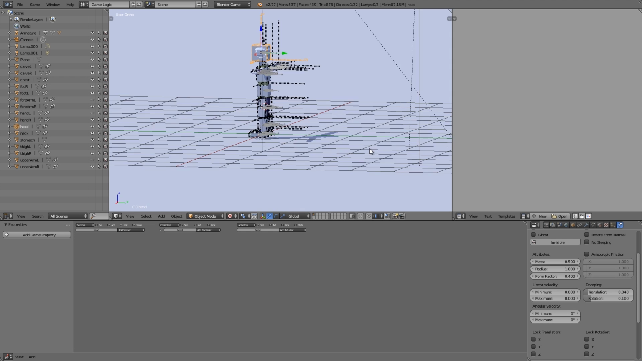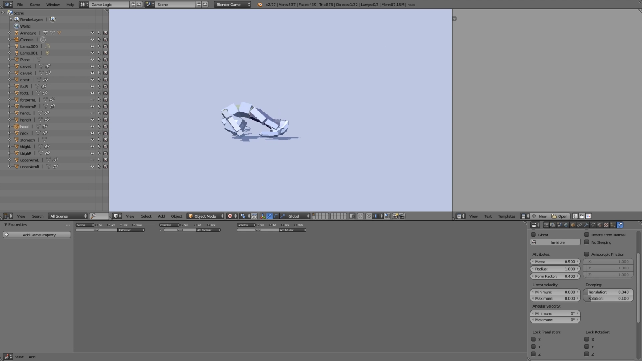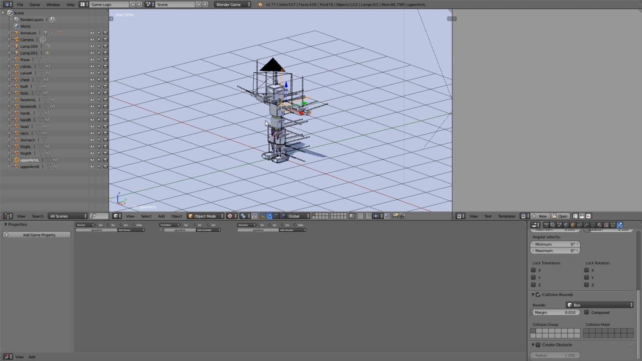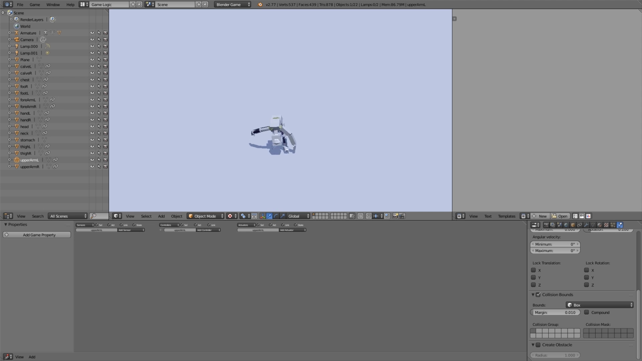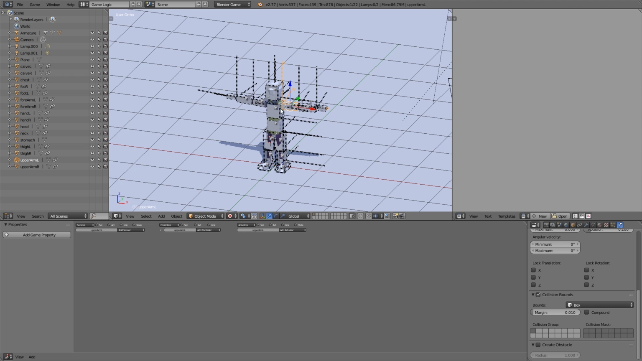There we go. So the rest of the body sort of plays a bit of a part as well. Okay, so basically we have the main frame working. Now what we need to do is hide all these objects from the actual game while it's